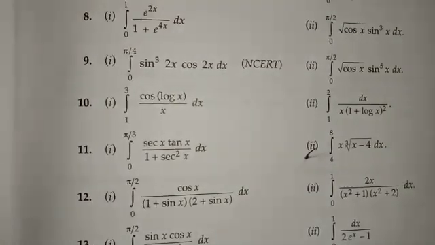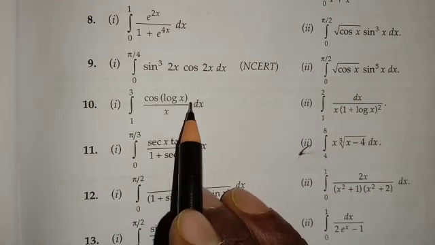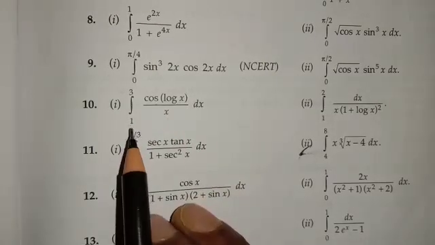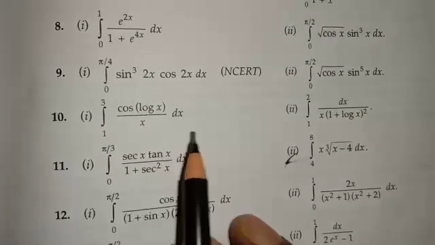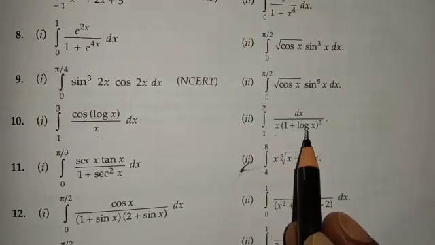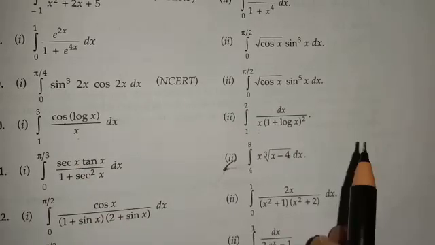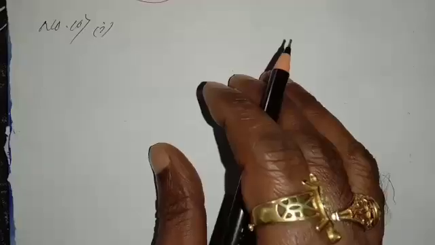Question number 10. First part, integration cos of log x by x dx, limit given 1 to 3. The second part, integration 1 to 2 dx by x into whole square of 1 plus log x. I will do number 10 first part as well as second part. Okay. Just see how to solve. Number 10 first part question given,